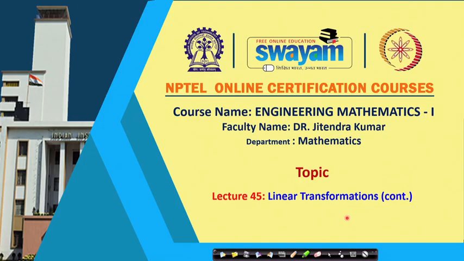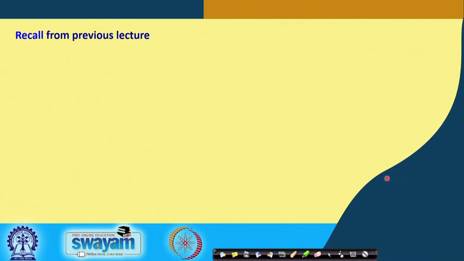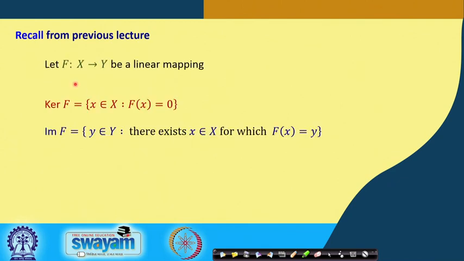So, welcome back, and this is lecture number 45, and we will be continuing our discussion on linear transformations. Today we will see some worked problems where we will find out the kernel and the image and their dimensions. Just to recall from the previous lecture, what we have seen there is that f is